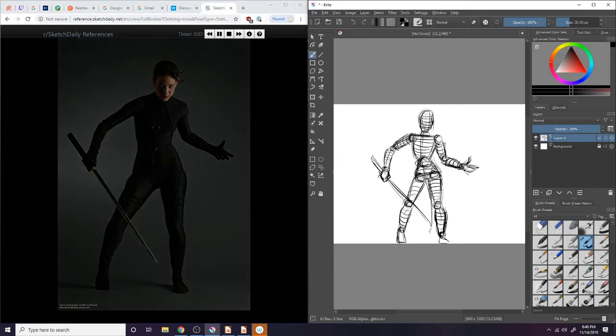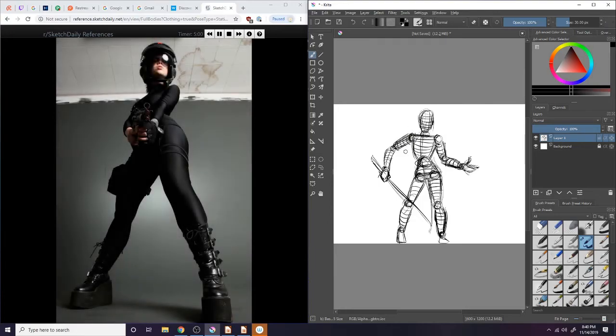Sometimes it's hard not to go from I'm drawing a cylinder into I'm drawing a bubble. Yeah, that would have been a bad one.